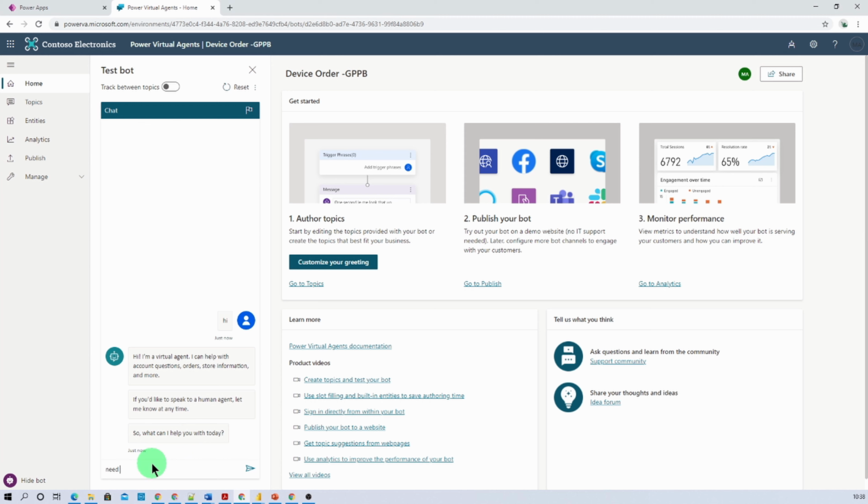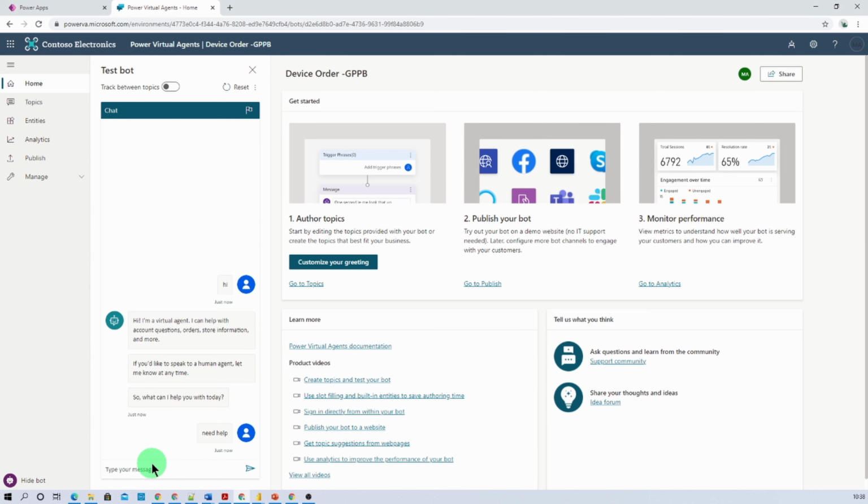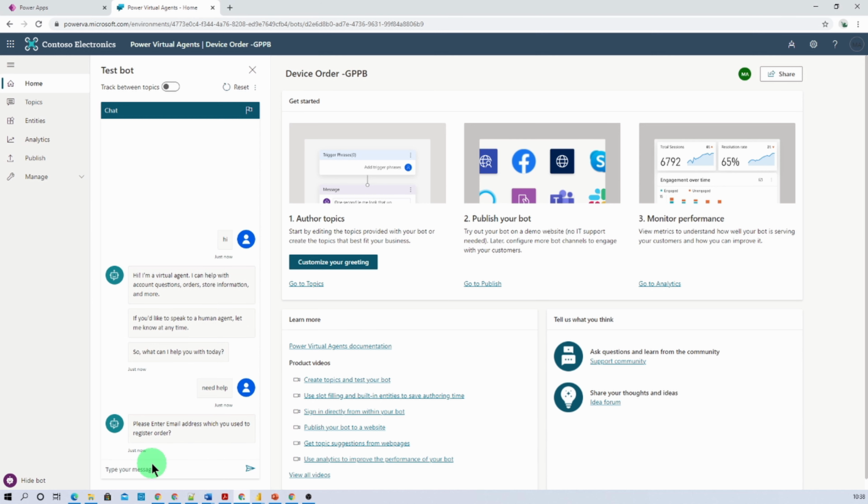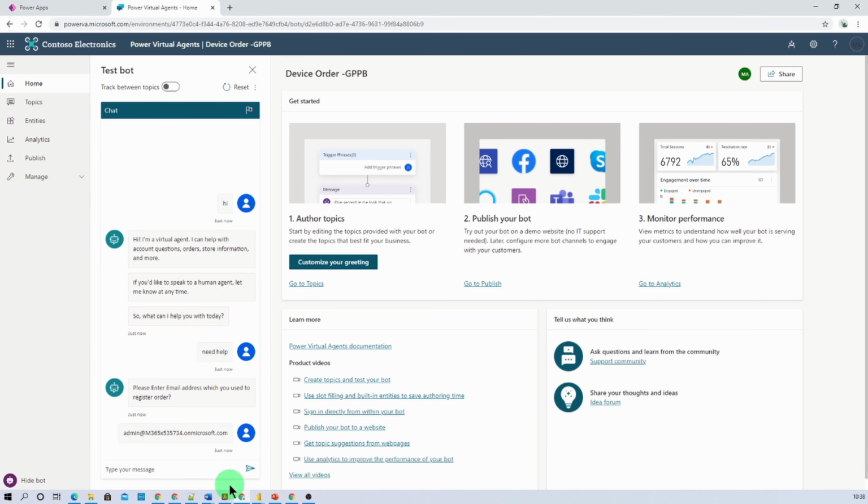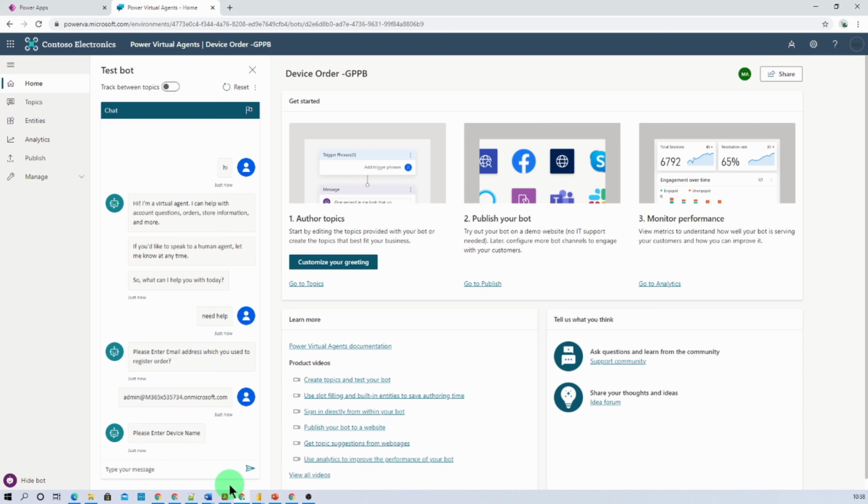So we can just type need help, and based on that it will ask some more questions. First of all, let's provide your email address. So let me provide my email address over here, and then it asks which product you want to find. In response it is asking, please enter your device name. So let's say my device name is Microsoft Surface, so I'm just searching for Microsoft.